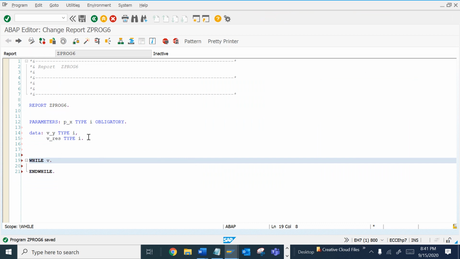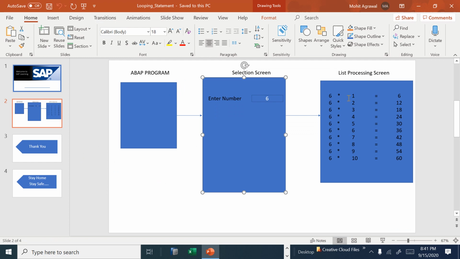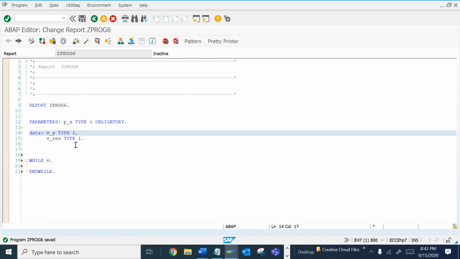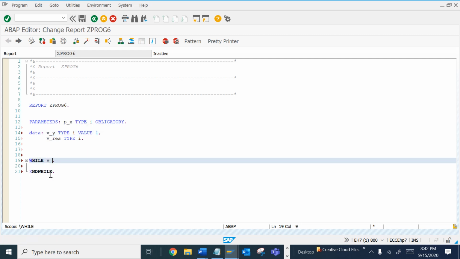For this condition we have to make a default value of this iteration as 1. Whenever we use an I integer, it will always give a default value of 0, but we want to put a default value of 1.